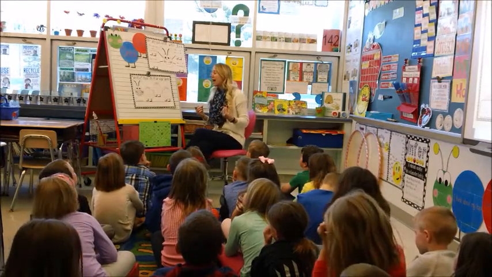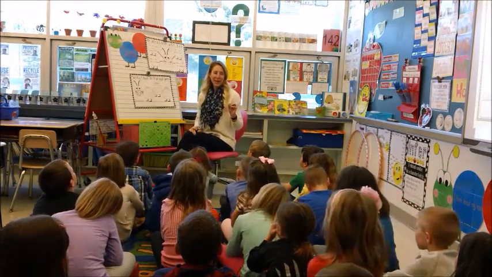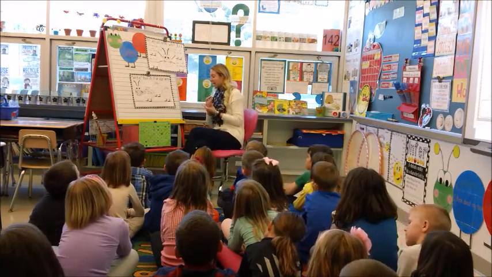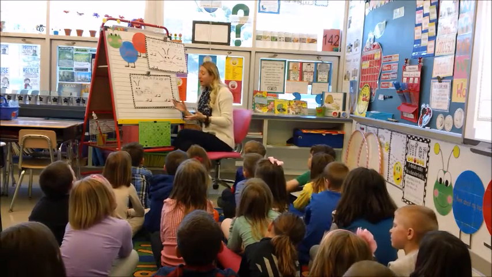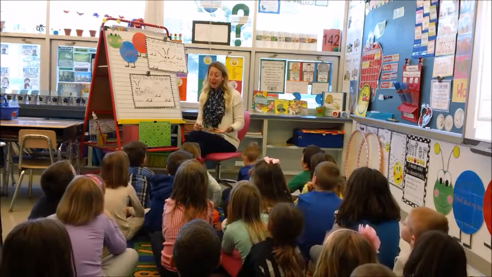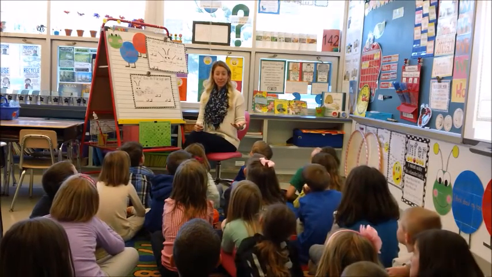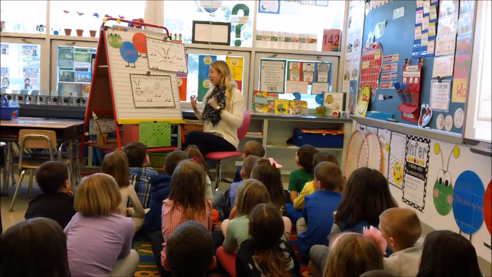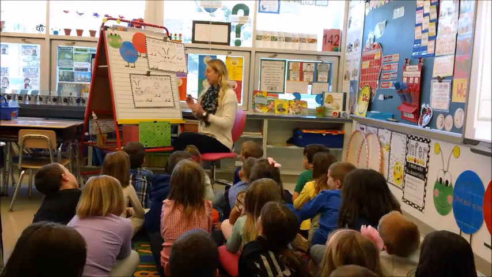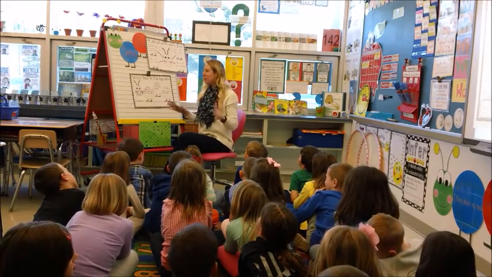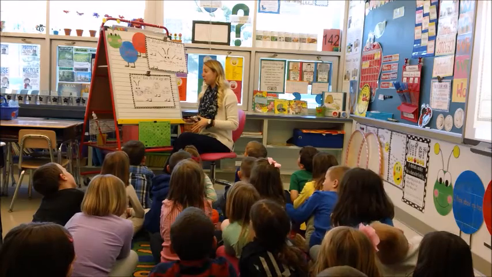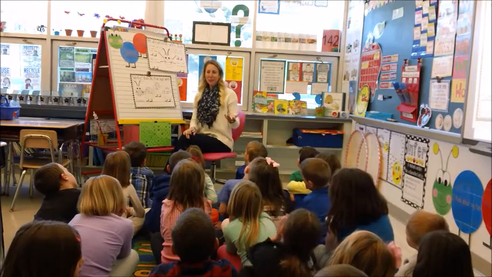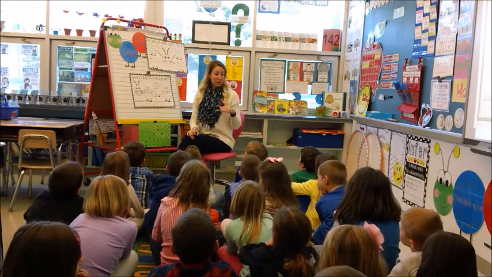So when I was 3, I got my first dog. I gave you a detail about the time I was happy, okay? Now when we got her, she was a lab and a puppy. So I'll never forget the time that I got my first pet. When I was 3, I got my dog. She was a lab and she was a puppy. So I have some of my details up here, all right? I will never forget how happy I was to get my first pet. When I was 3, I got my dog. She was a lab and a puppy, and she loved to play catch. So all these things tell you about my first pet, right?